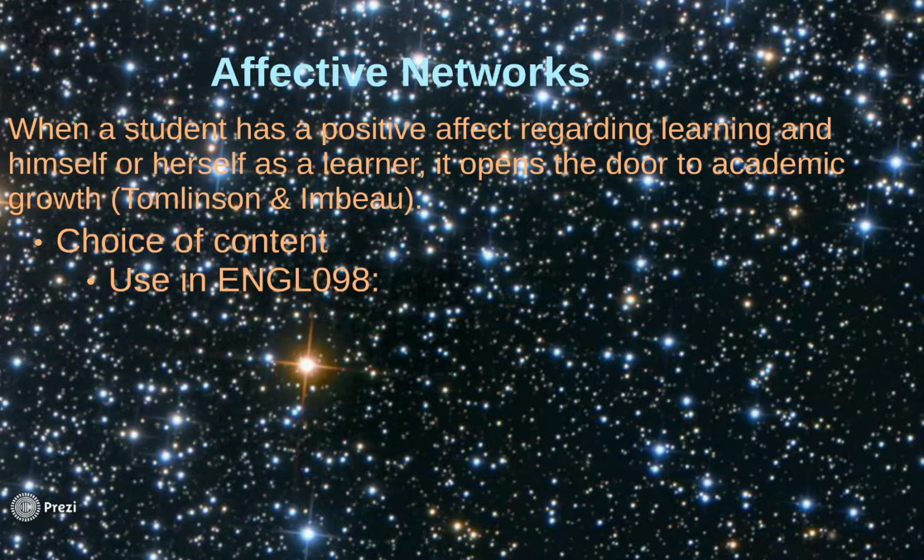So one of the ways that I tap into affective networks is by providing a choice of content. I mentioned that our novel at the beginning of the semester was Charlie and the Chocolate Factory, and we came to that conclusion by student choice. And an example of how I do that was how we selected our novel for the second part of the semester. So here we see